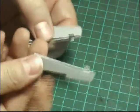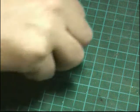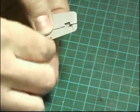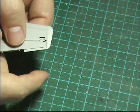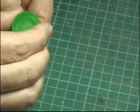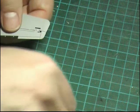Then what you have here is your other part, which is obviously going to click to the underside. Then you've got this little tab here, which is going to go on the top and hold it in position. So we just get all that nicely seated, just like that. As I say, this one comes up from the bottom, just like that. And I'll use a little bit of liquid cement just down in the hole, just to move that around. And then this one, just simply,